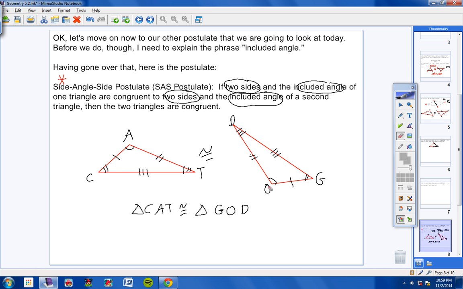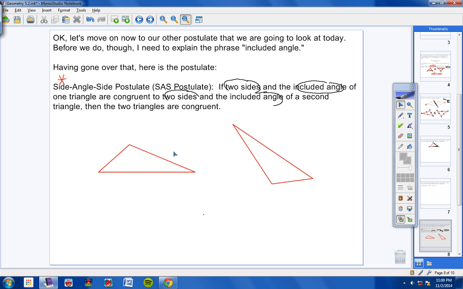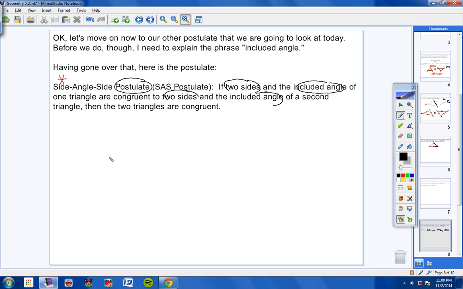Now, very quickly, I want to show you how this is kind of common sense, okay? And then we'll move on. Now look, guys, this is a postulate because it's just common sense. Look, if I told you I had a length of 10 and a length of 12, and this angle here is 50, and then over here I draw a length of 10, and I draw a 50-degree angle and a length of 12,